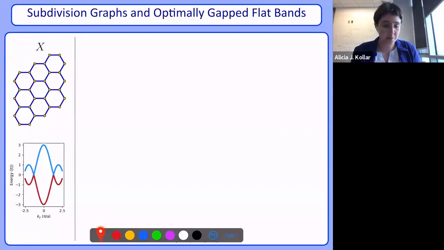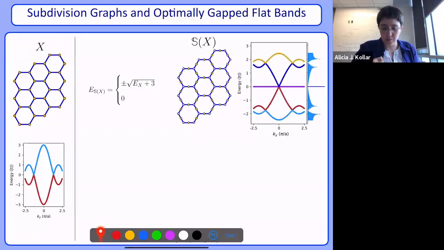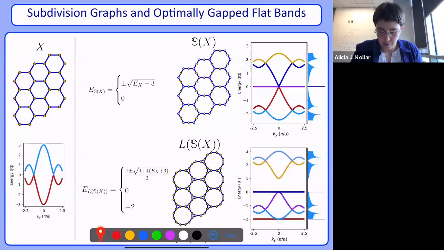And so what we did with Peter was we figured out that we could make 3 regular, extremely non-bipartite graphs. And so we start from graphene. We do a process that we call subdivision by adding a new vertex to the middle of every edge. And then this is an intermediate step. So it gives us a biregular graph, which when you take the line graph of this, we end up at